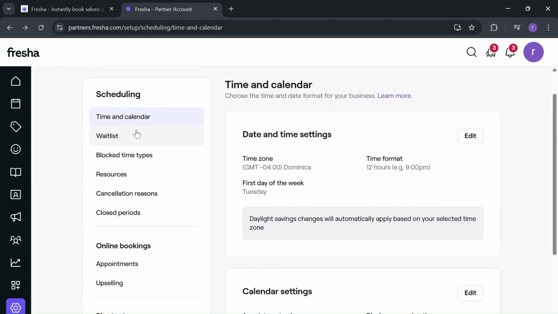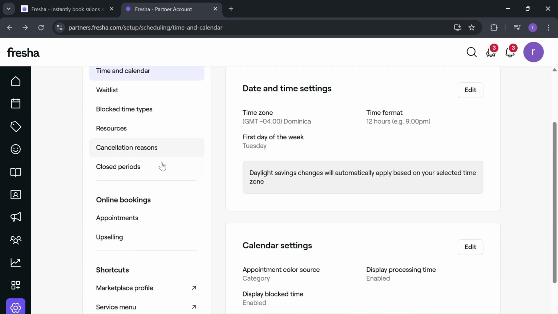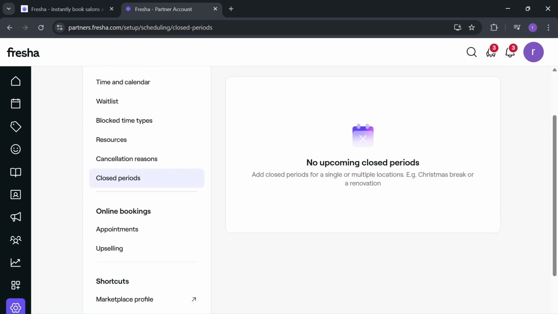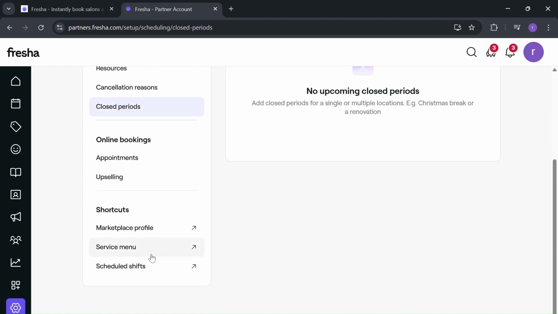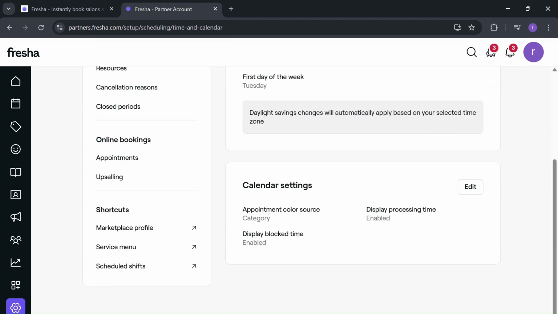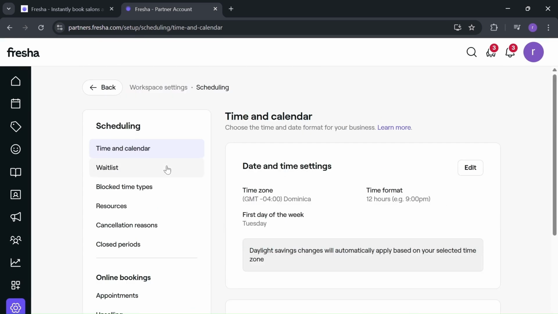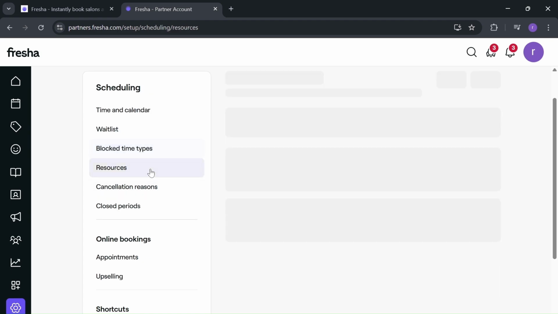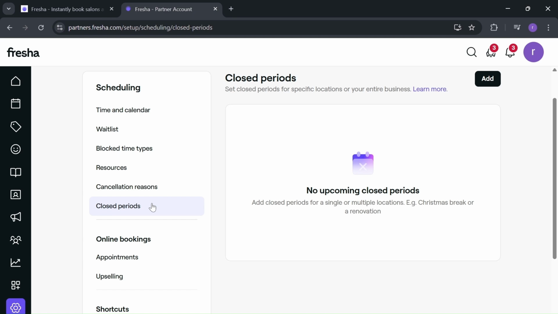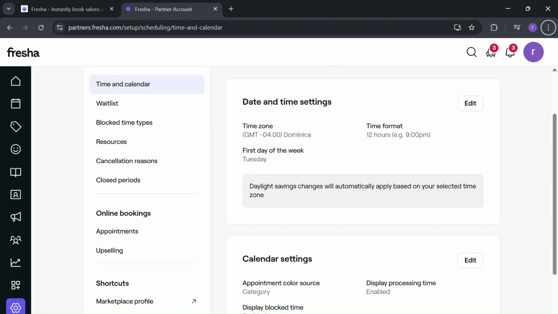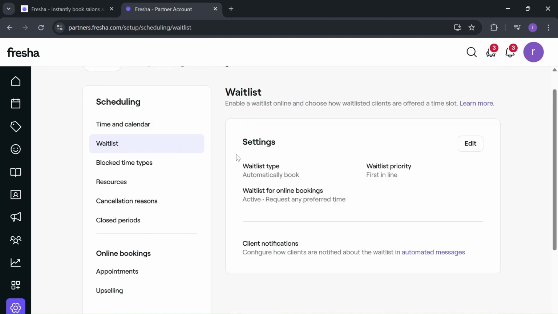See here many options like time, calendar, waitlist, block time types, resources, cancellation reasons, closed periods, appointments, upselling, market profile, service menu, schedule shift. So we can add these things here and edit. So here we can see we can create a wait list